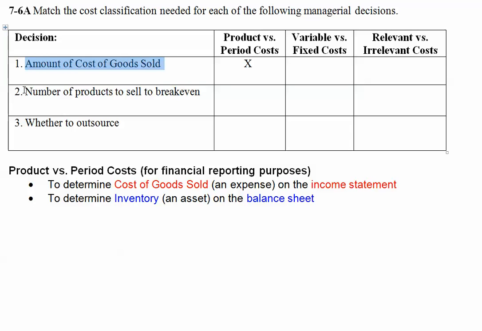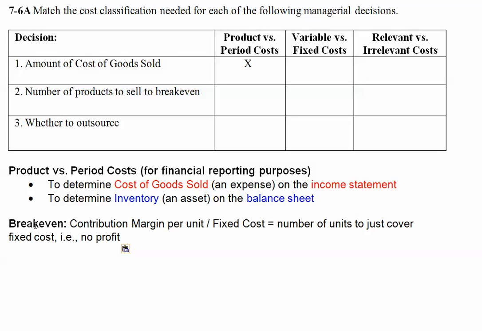As for number 2, to determine the number of products to sell to break even, if you can recall from module 5, we did break-even analysis, which required us figuring out what the contribution margin per unit was. And once you figured that out, if you divide it into your fixed cost, that would determine the number of units that you would need to make and sell to just cover your fixed cost,